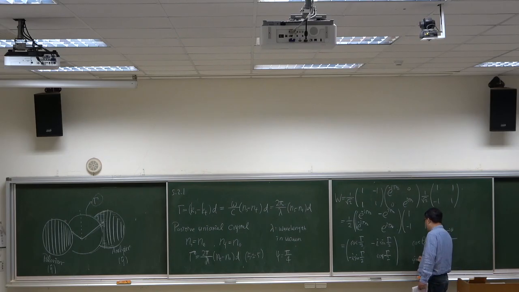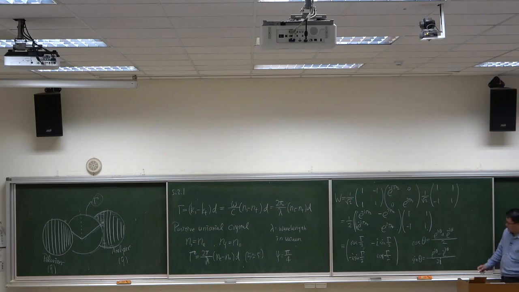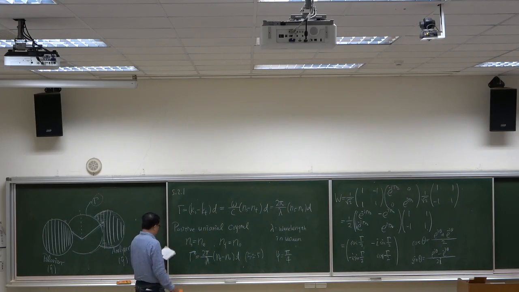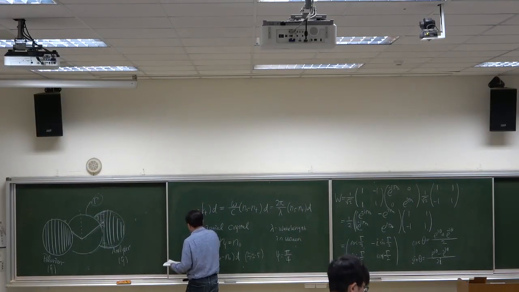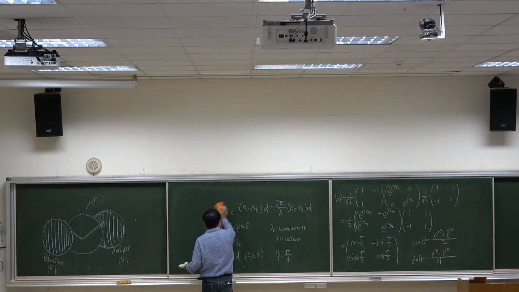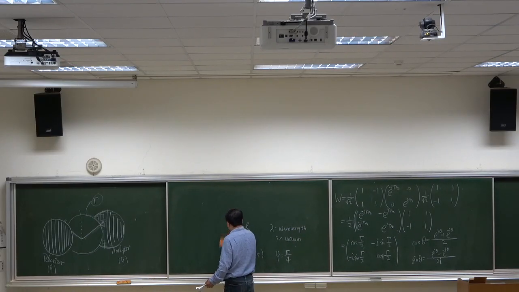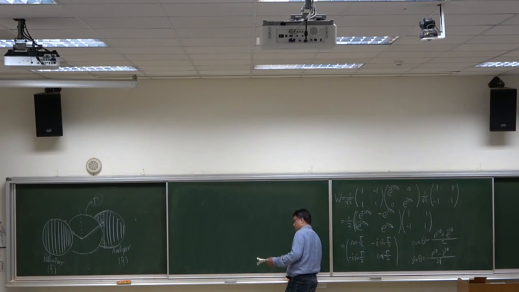And sine theta is the exponential I theta minus exponential minus I theta over 2I. Okay. 好，那我们现在 W 算出来了。那接下来呢，我们就来算一下这个 transmission。